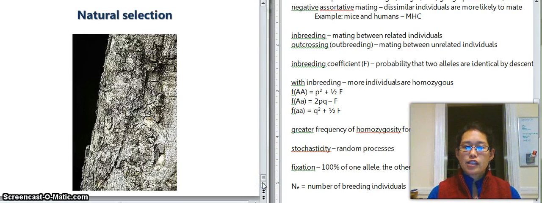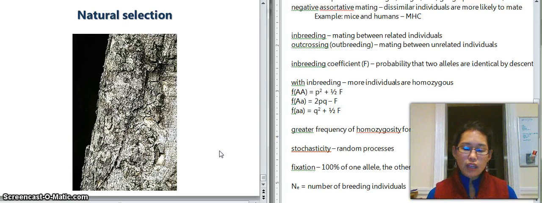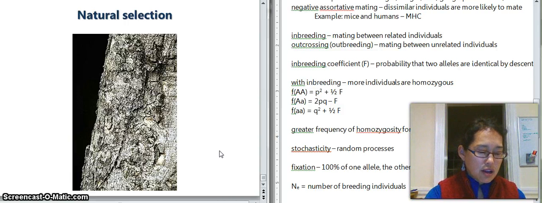Finally, natural selection can play a big role. Natural selection is what happens when individuals like this lizard adapt to their background and evolve cryptic coloration to remain hidden. One big thing is that natural selection can obviously change allele frequencies over time and do so in a way that decreases genetic variation. So natural selection is also the only evolutionary process here that promotes adaptation. Okay,